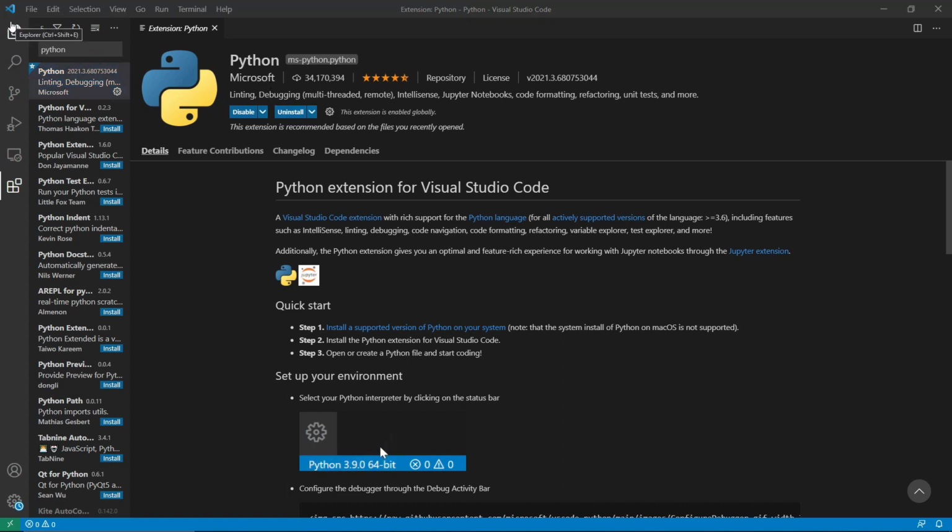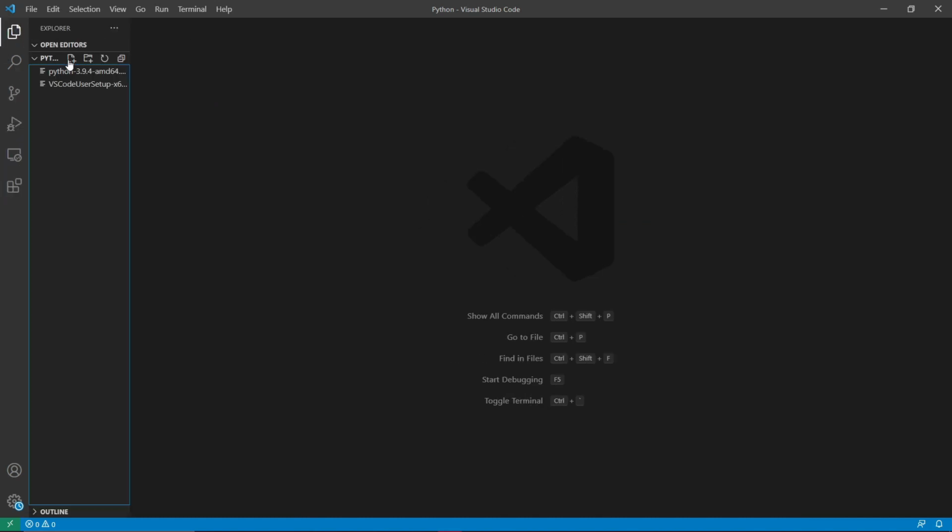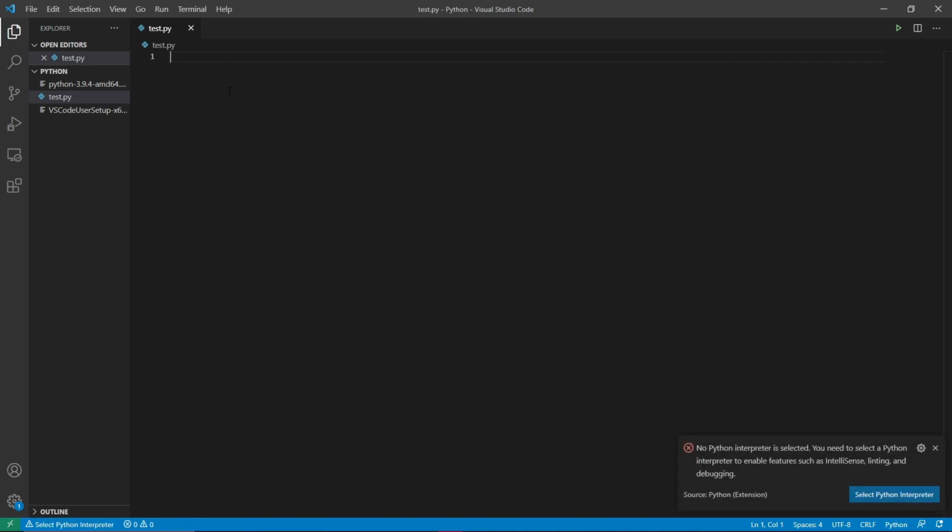And once that is done, we can start writing the code for Python on our system. So I will just close all these things, and I will create a new file with the name test.py, and inside that file I will write a print statement. I will try to print out something using this file and check whether Python is working properly or not. So I will just type here hello world,